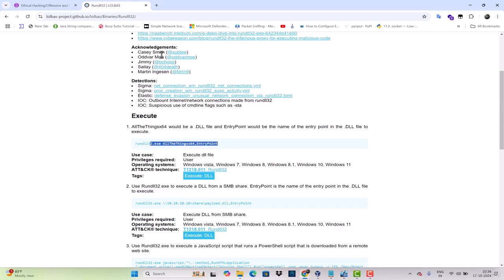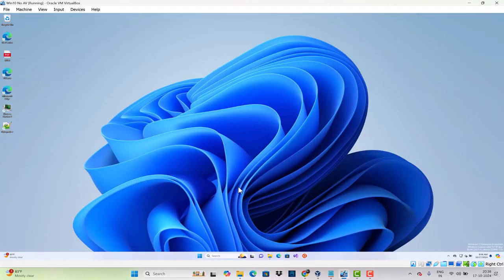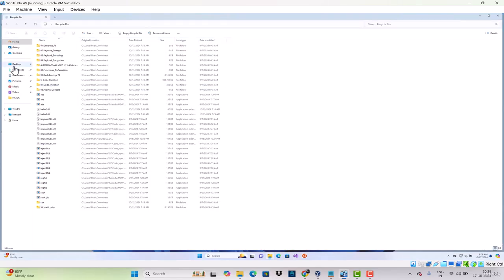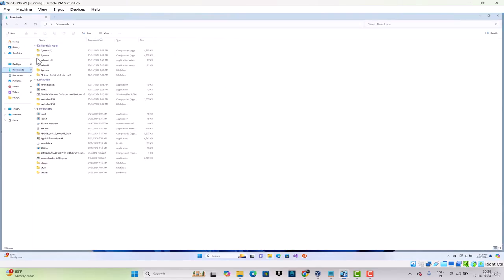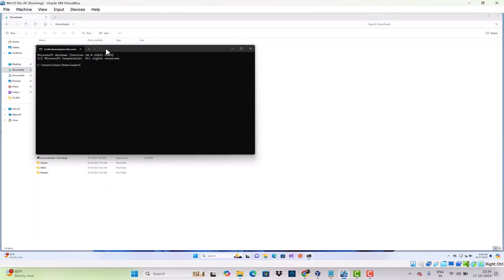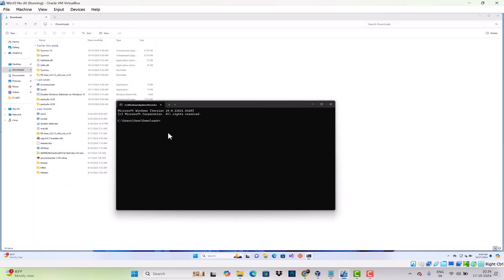Let's go to our VM machines. We already created a DLL file named hello.dll. Let's execute this. We know the entry point of the DLL because we saw it previously.